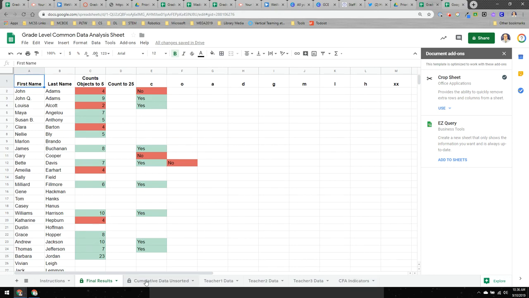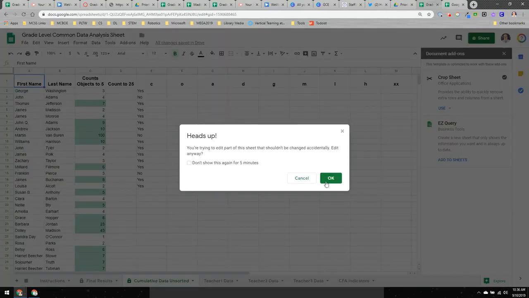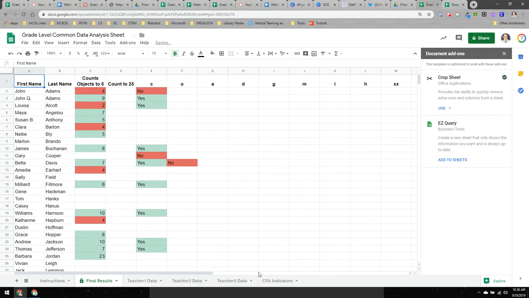Now, the cumulative data unsorted tab, actually for most, we could go ahead and hide this because that's just kind of an in-between place to run some formulas and some functions. There are several places where you'll get this message that will tell you that you're trying to edit part that shouldn't be changed accidentally. For the most part, you're never going to need to change any of these unless you have more than 3 teachers. And that would be the only time you would ever do anything, and there's a separate video that walks you through that process. So we could hide that